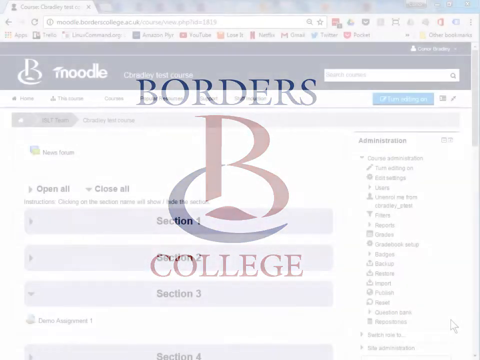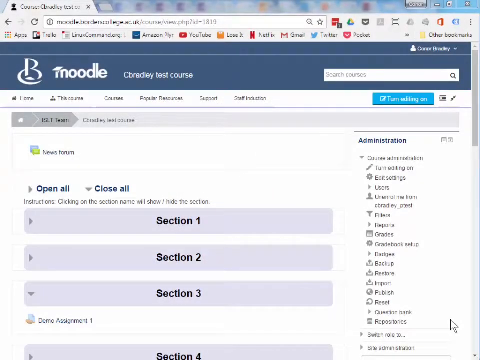Okay, people, so today's session is going to be about using the assignment activity in Moodle. This is an activity that you would use to collect work from your students electronically. So it might be project work, homework, assignments, anything like that. They can submit those files through, you can take a look at them, and then you can grade, give feedback,